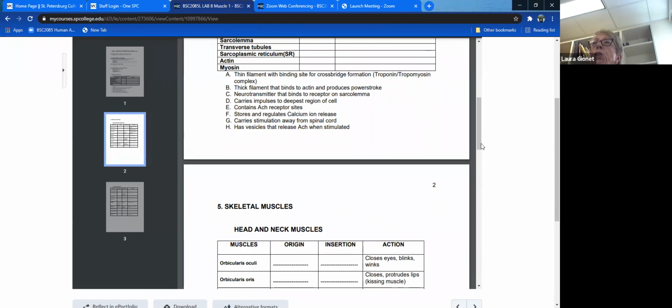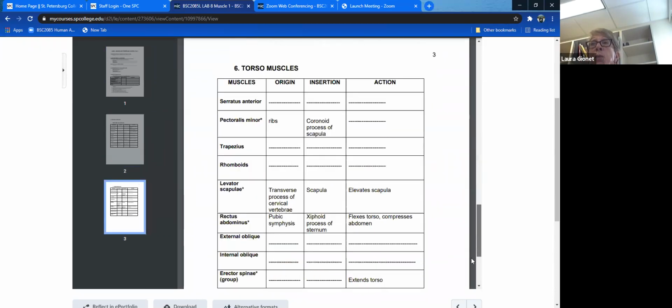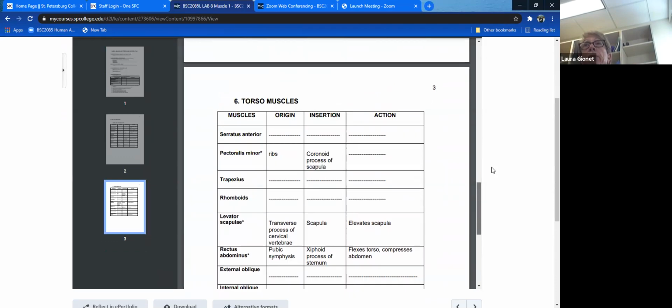Okay, so that's really it for filling in the document. All right, so I'm going to close this down. I'm going to stop sharing with that, and I'm going to get into the rest of the course page so I can now see the images. So let me go back to course content and go to